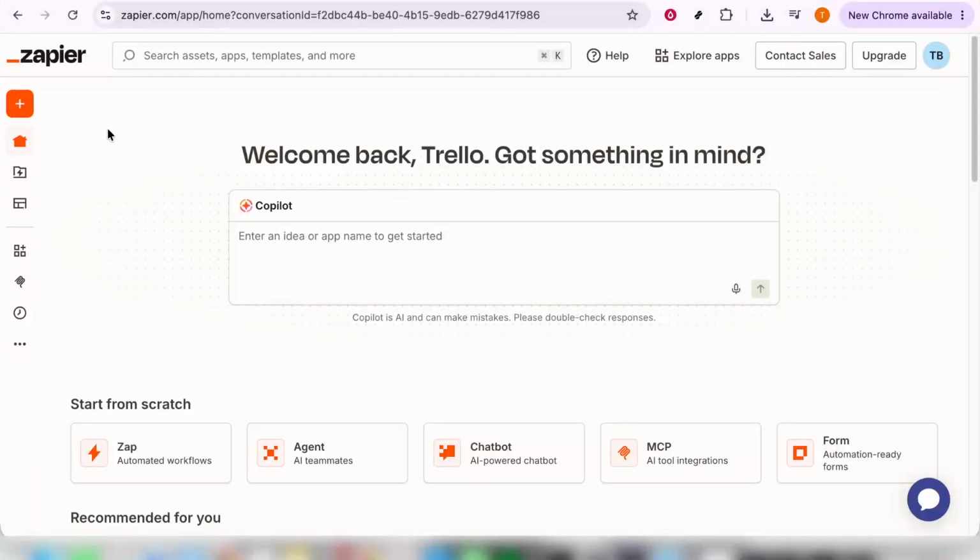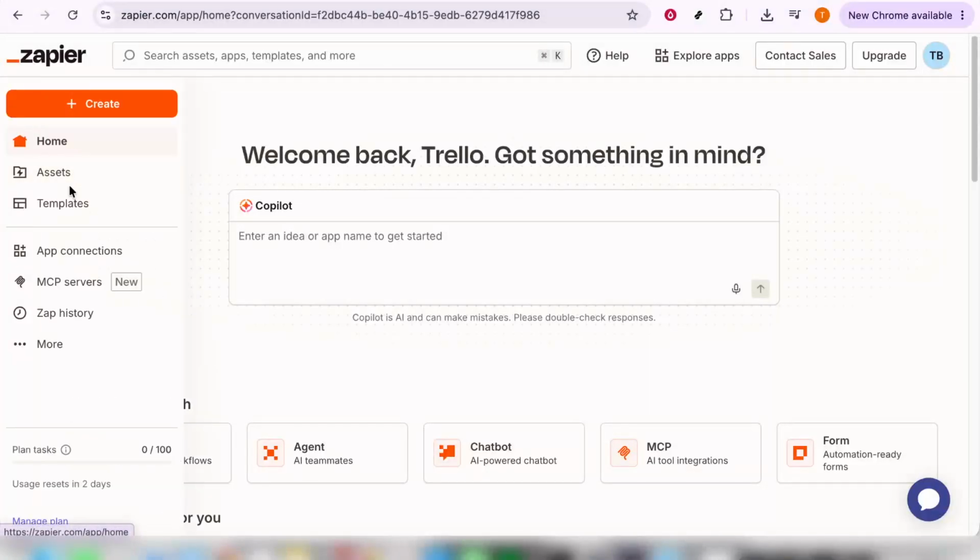In today's video, I'm going to teach you how to transfer Zaps ownership in Zapier. If you need to hand off a Zap to someone else on your team, Zapier makes that process fairly simple once you know where to look. In this walkthrough, I'll show you exactly how to find the option and start the ownership transfer from within your Zapier account. As you follow along, make sure you're already signed in and that you have access to the Zap